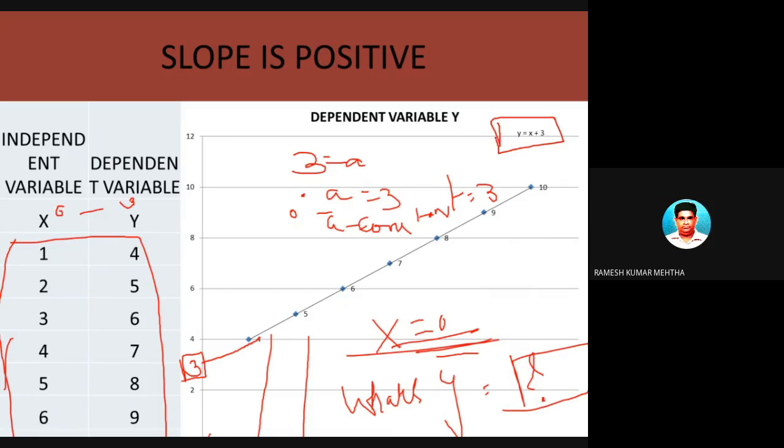Now look at this equation. I have shown you a video on how to arrive at this particular equation in regression. When doing it on Excel, you will get the equation y is equal to x plus 3. So y is equal to 3 plus x. This represents y is equal to a plus bx, where a is equal to the constant, which is 3, and b is equal to 1.